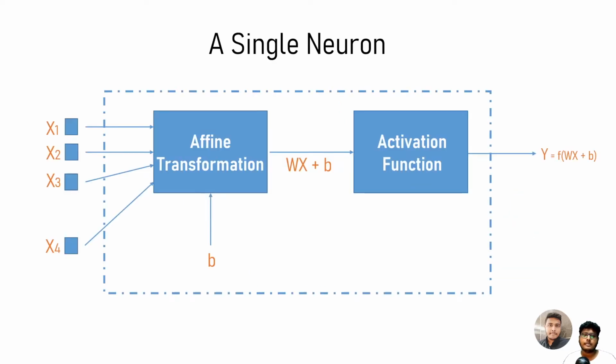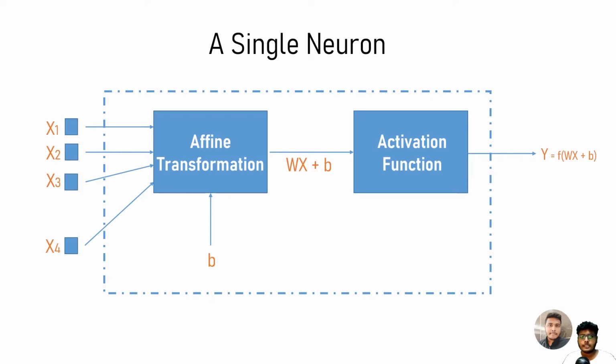So if you see the mathematical functions of a single neuron, then this is pretty much what we have, right? You pass in data points. Now in this case, we don't have 4 data points or something like that. We just have one data point, which is x, right? And then x gets passed through the affine transformation, where you also have the bias term for that neuron. So with x you multiply w and you add the bias term, and you get wx plus b.